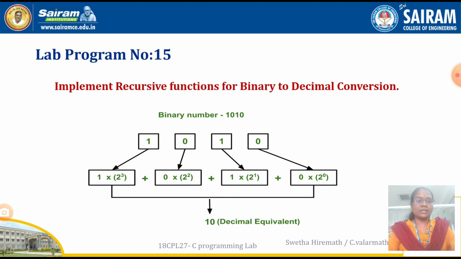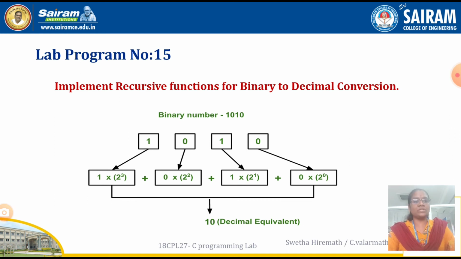We can give many examples of iterative functions: a for loop is iterative, a while loop is iterative, and finding the factorial is iterative. But what is the difference between iteration and recursion? Recursive is a function which calls its own name by itself, so it is called calling by itself. Now we are going to implement the conversion from binary to decimal using this recursive function.